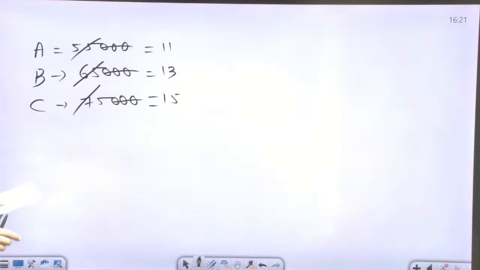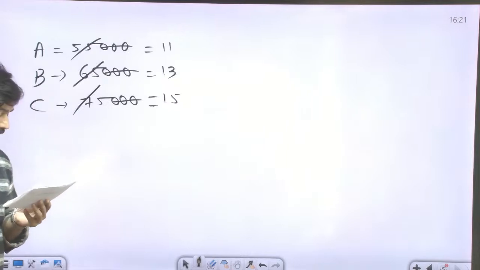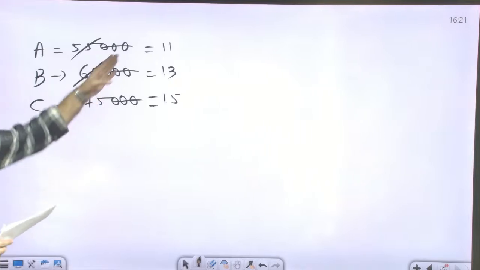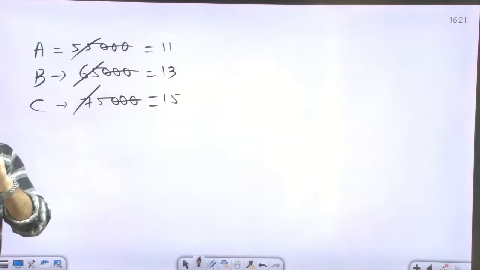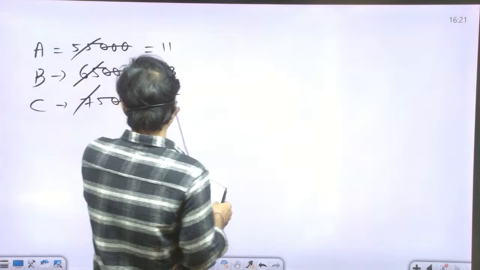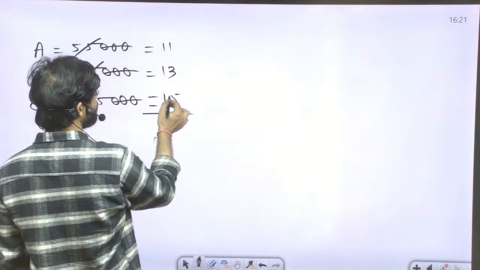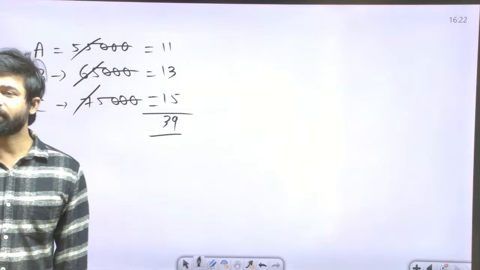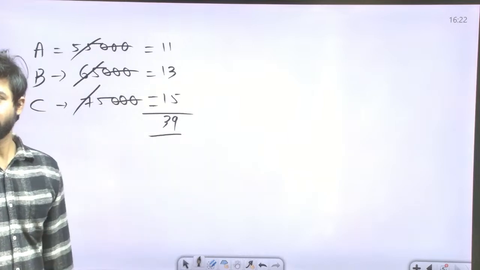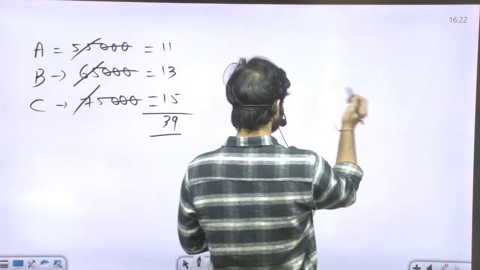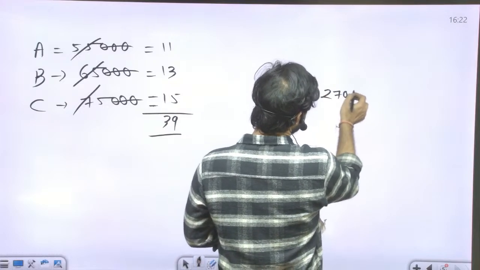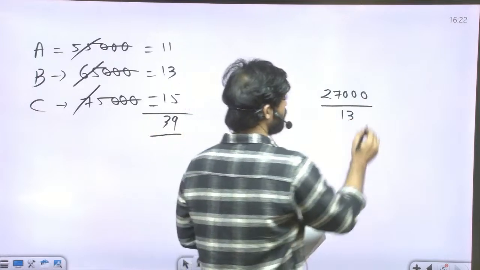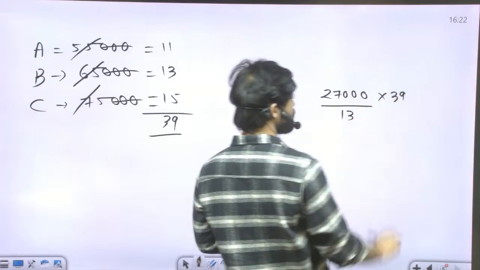So he is saying that A is the working partner and gets 20% of the profit as working allowance, and the remainder is distributed in the proportion of their investment, and B is getting 27,000. Okay, so in total profit, the total is 15, this is 39 units, and out of these 39 units, B's share is 13 units. So this 27,000 is the share of B. This is the value of 1 unit, and if we multiply it by 39, this is the total